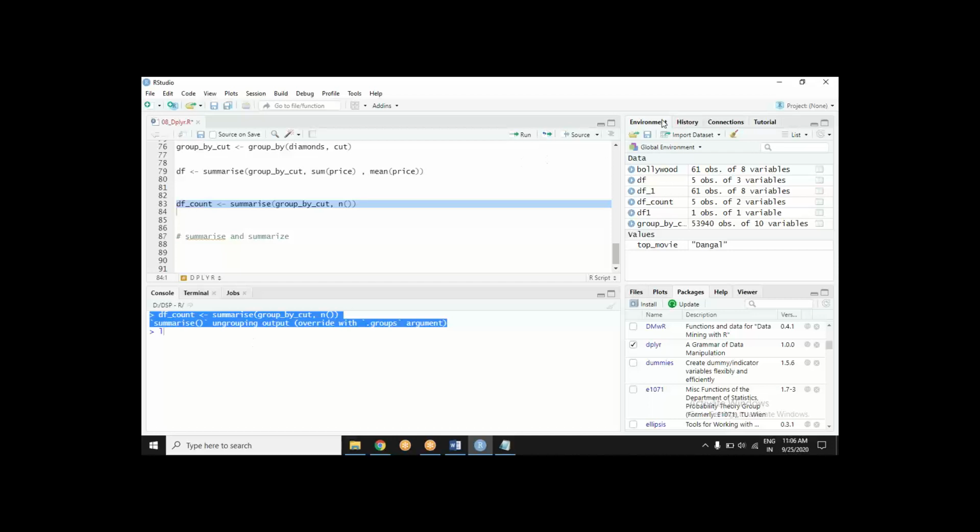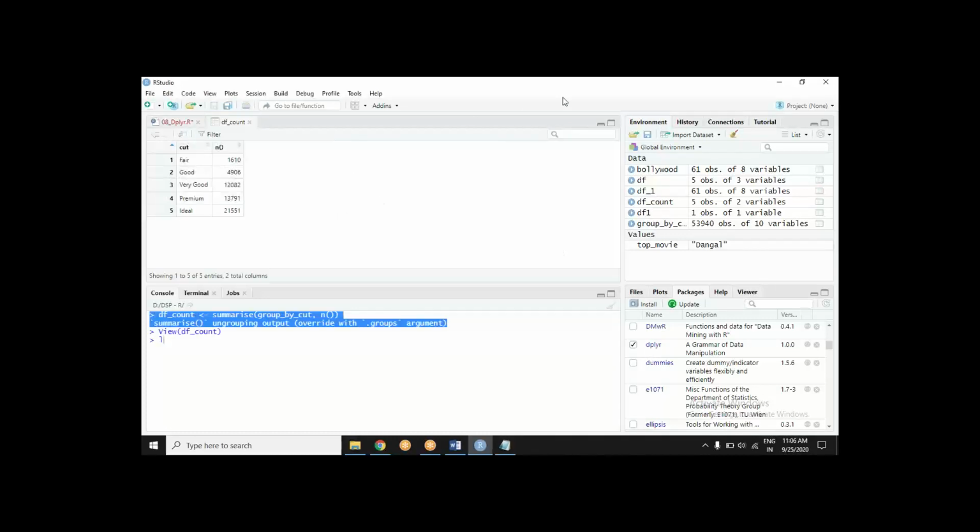And no, it is not an error, it is just a suggestion kind of thing. Okay, but I got the df count and now it is showing me the number of diamonds in each category. Okay, so that's good.